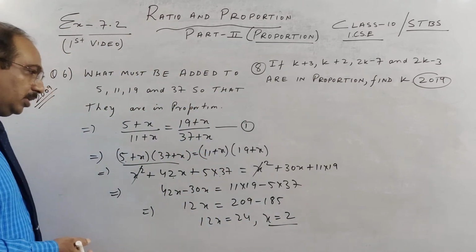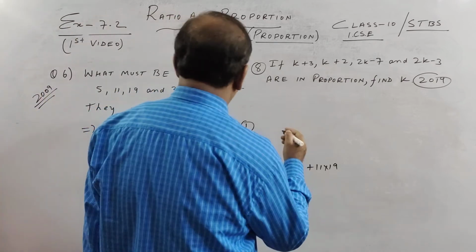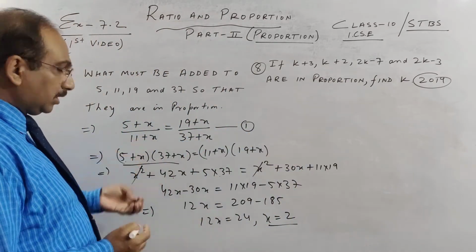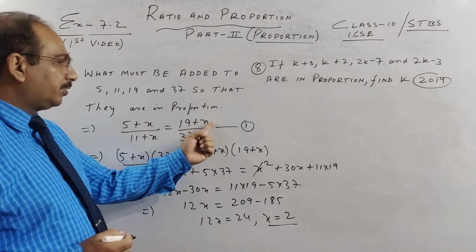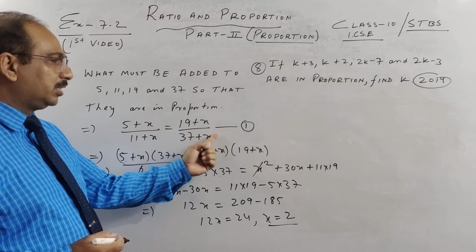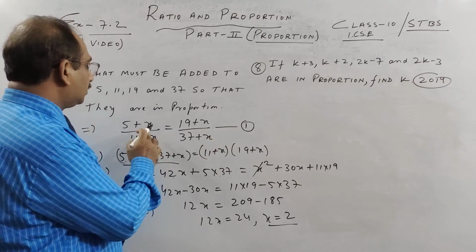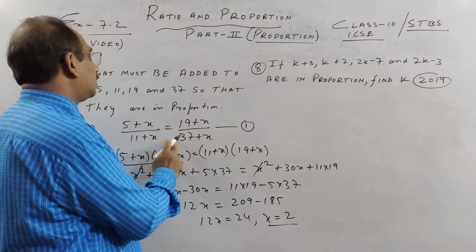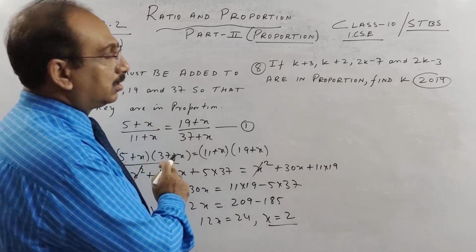So you can pause the video and copy. Then I go to the last question of this session, where I think we will get a quadratic equation. Let us see. You can check the answer, children. 2, as I already told you, put 2 here, 7 by 13. Put 2 here, 21 by 39. If you cancel by 3, 7 3s are 21, 13 3s are 39.